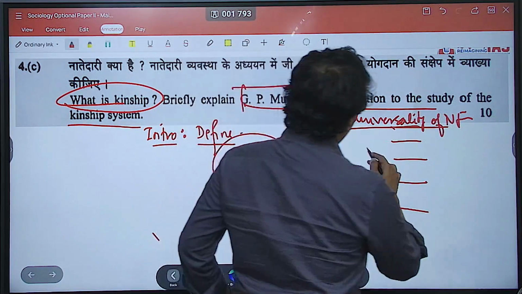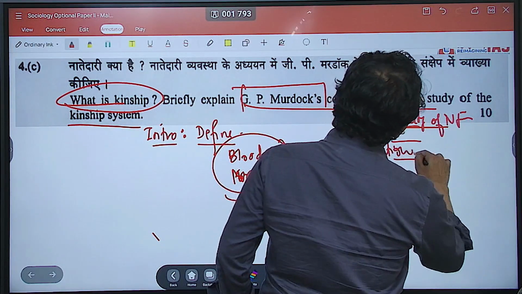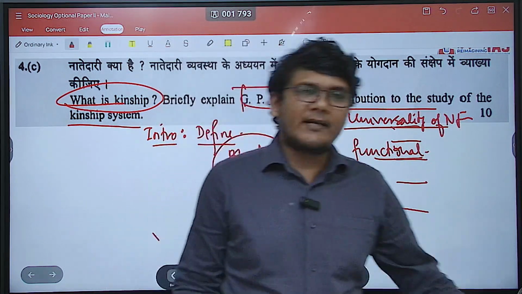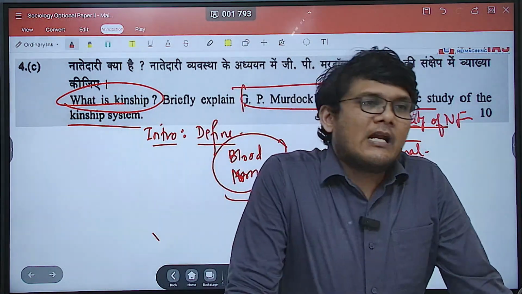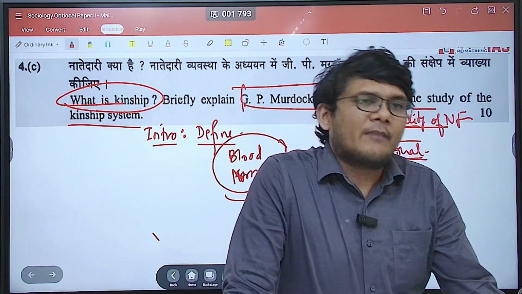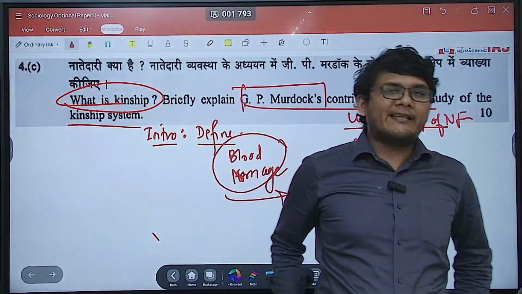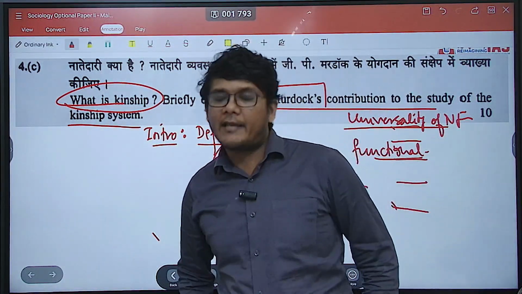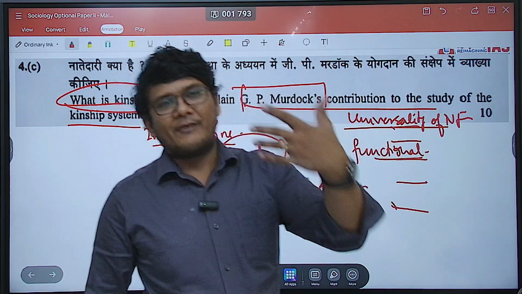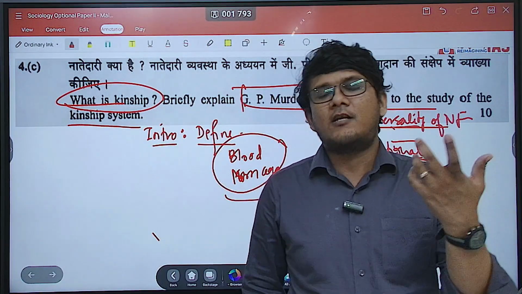Plus you talk about the functional joint nature of family. That means a joint family might have segregated, dispersed, fragmented, living in different regions, places, but still functionally they are joined. They send money to each other, they come and meet each other, they take care of each other. When there is an event, when there is a ritual, they again come to each other. So they come back to their pavilion, to the place of their origin together and celebrate, mourn,